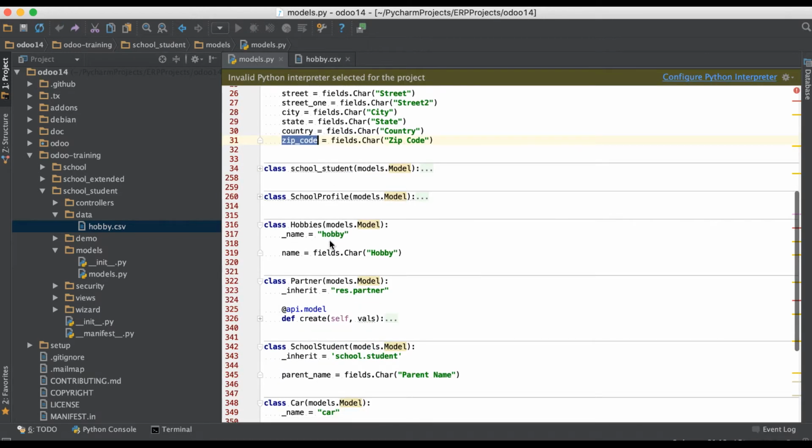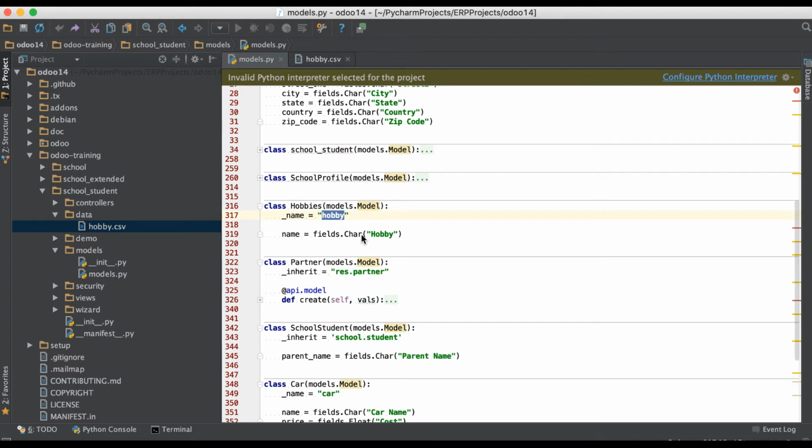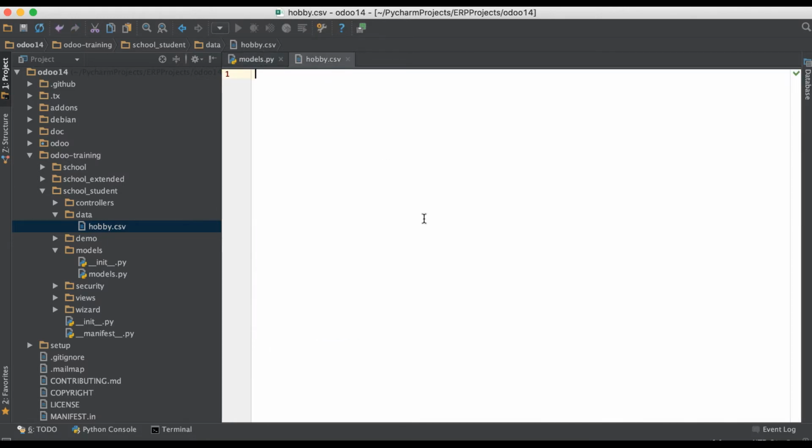We need to just focus on only hobby, because the hobby model has only one field, which is the name field. So one more thing you have to remember is that first is ID and then we have to use the name field. The ID we have to create our own ID name, and then after that the actual hobby name we have to mention here. So for example, in a new line we have to press enter, and first we need to add the ID like hobby underscore 1